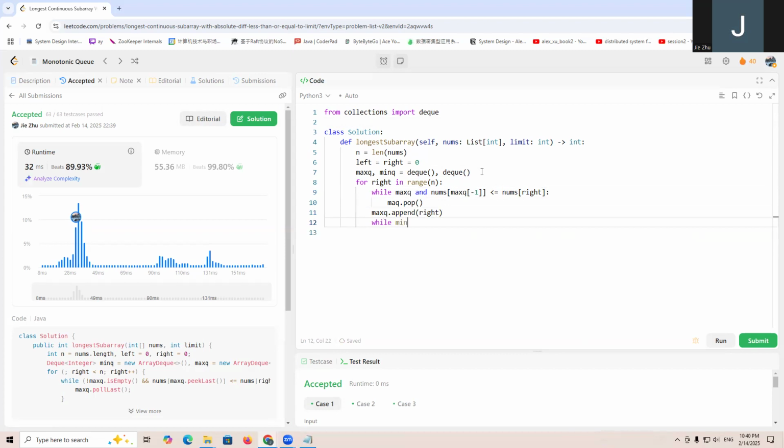And we'll have min q: if nums[min q last] is greater or equal to nums[right], then we are safe to pop that data in the min q, right? And also min q append. So here we don't need to write a while loop. We just use if, right? If nums[max q 0] minus nums[min q 0] is greater than limit, then we should